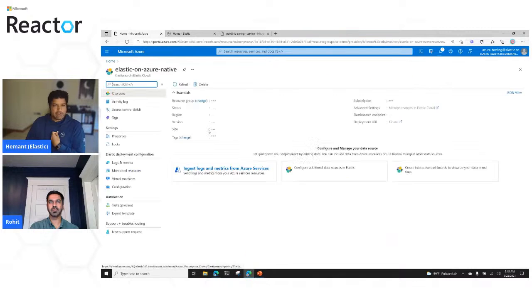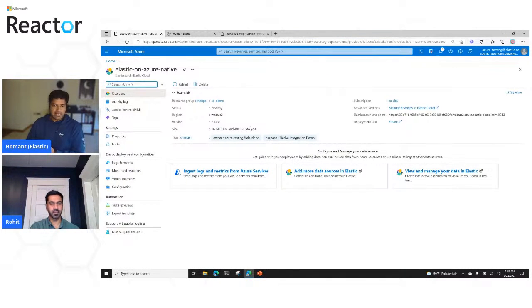Let me go back to the deployment that I already have had running for a while. It's giving me some details of the latest version of Elastic that got deployed, and the resources associated with it. Once the data starts flowing in, obviously the next step is to start analyzing it and get value from it. This is where single sign-on and security are all seamlessly built into the native integration. So even when you are going between Elastic Cloud or Kibana, that's the end user's window into the data, or Azure portal, your experience is pretty seamless.